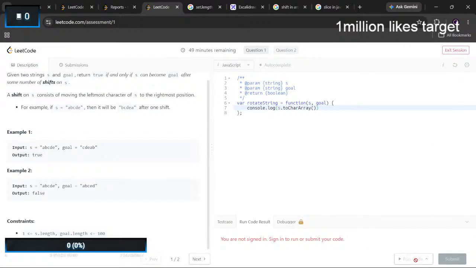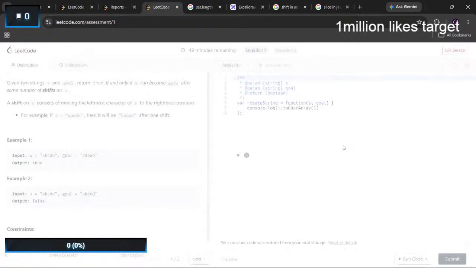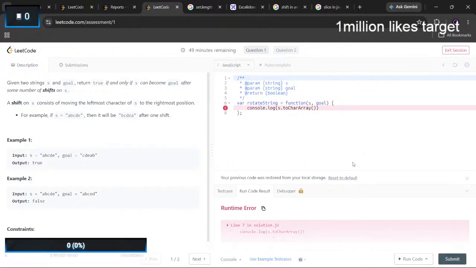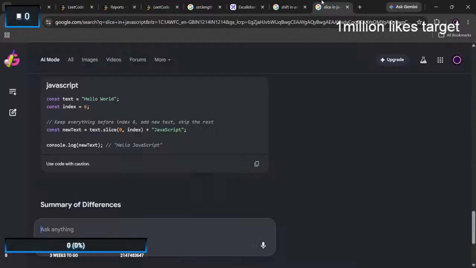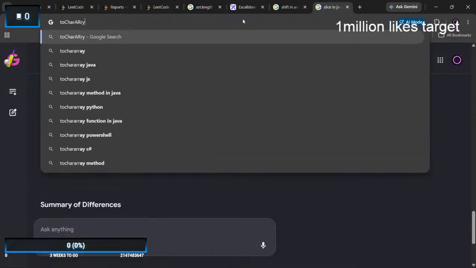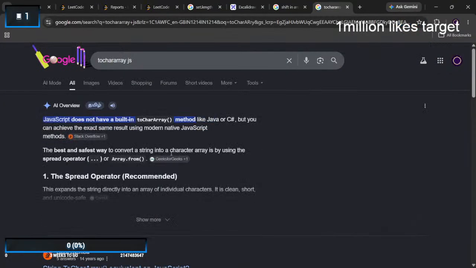Oh, it got locked out. So we have a two char array.